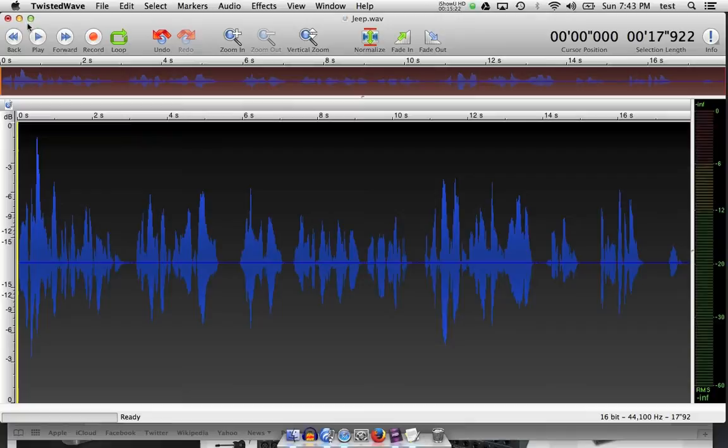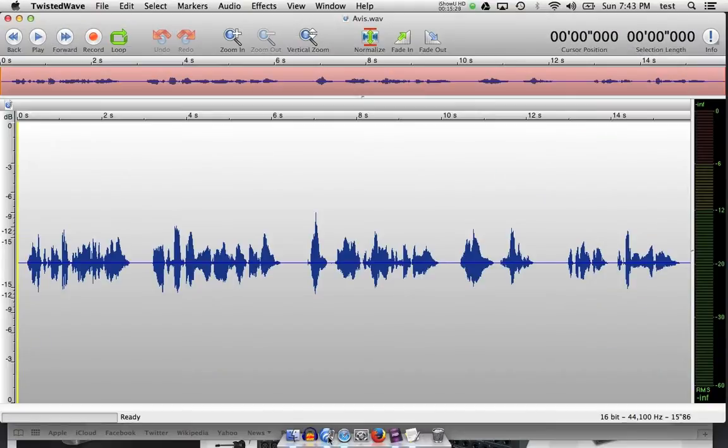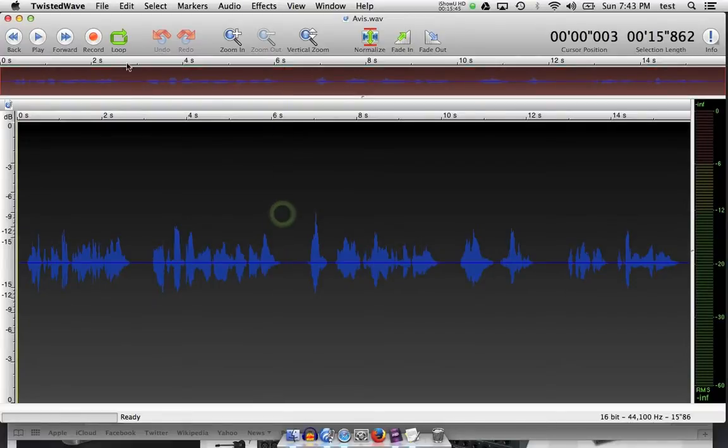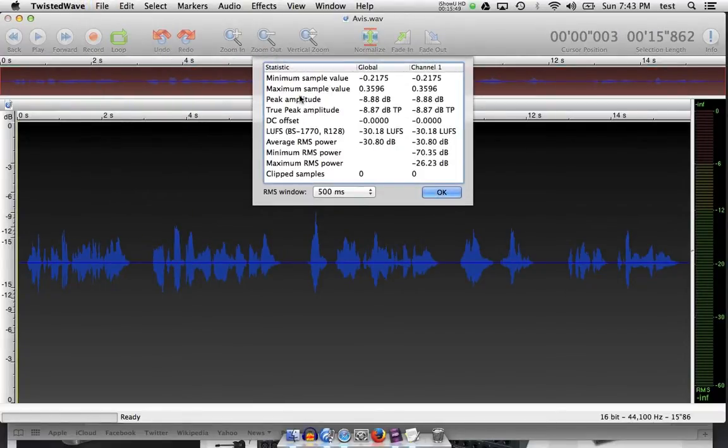Let's take a look at another file that was recorded fairly low. It was a good recording, but they just didn't increase the gain in the preamp when they recorded it before. And so sometimes you'll see recordings that look like this, and it's better for you to send in a louder recording because all things being equal, the human brain prefers louder. So in this case, if we were to take a reading just to check it out with analyzation, we'll see that we get a peak amplitude of